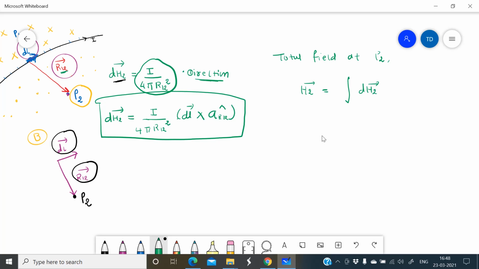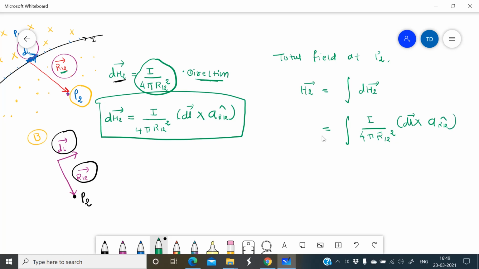No need to put the integration limit because we don't know the length of the wire. So it is the integration of I upon 4 pi r12 square dl into